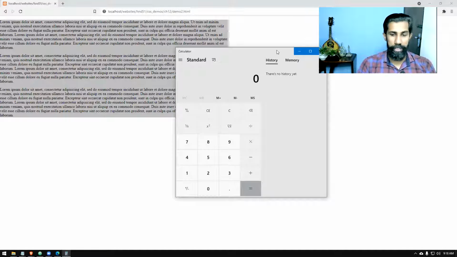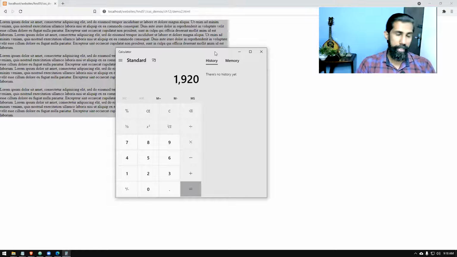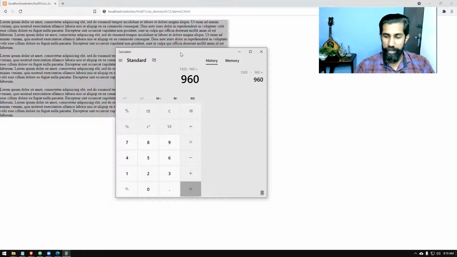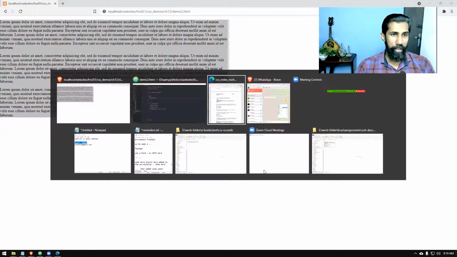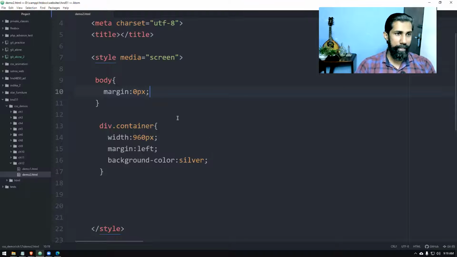My total resolution is 1920 minus 960. That means this one is taking 960. If I press the enter key, another 960 is remaining. I can divide that by 2, and that is 480. It's simple math.